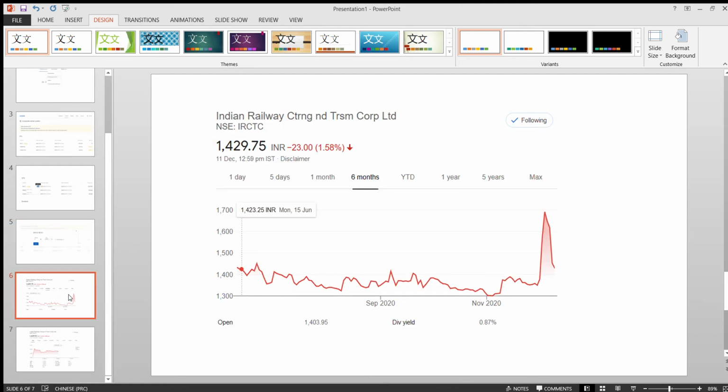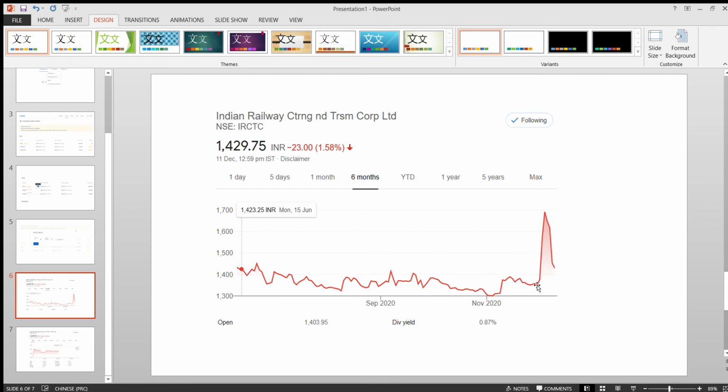If you have one more question, like should you go for this IRCTC OFS today, I would definitely recommend yes, because it's available at a very good price. From my point of view, it's definitely a good opportunity for people, especially who have missed the rally. If you see the six month time range, the maximum price it was trading at was 1450 and the minimum was 1300. So it was consolidating in this particular range only.